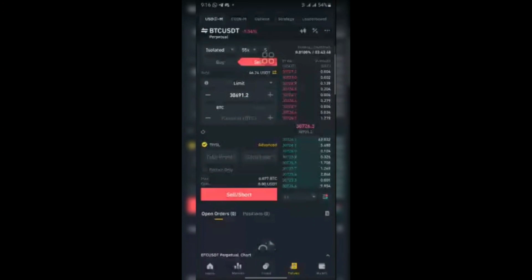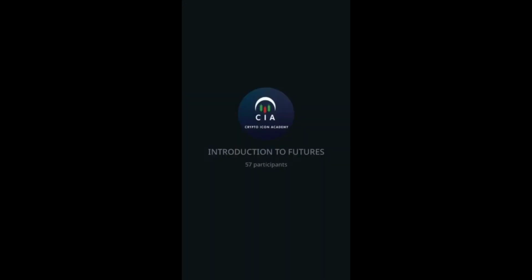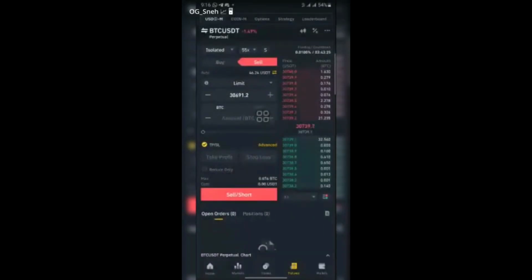When you want to sell the market, it means you are predicting that the price of this BTC is going to fall. So you short the market. I'm going to tell you more about it. It's actually a rule in technical analysis: always follow the trend. Make trend your friend.